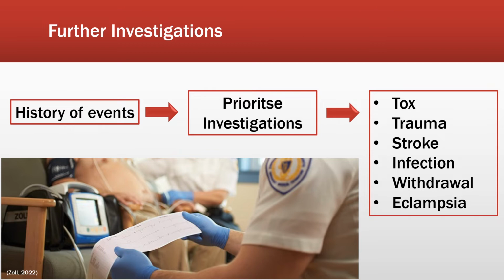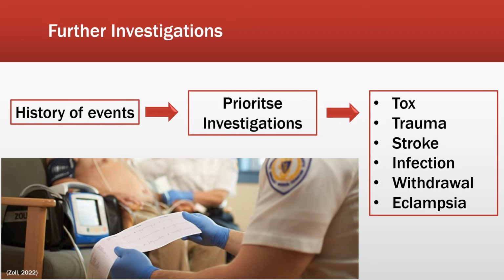It's very important to get a good history of the events immediately prior to the onset of seizure, because this will allow you to prioritize those investigations that you want to take next. A slow decline into unconsciousness prior to the onset of seizures might lead you towards a toxicological cause, in which case you might prioritize a 12 lead to look for signs of TCAs, for example. On the other hand, if the patient was witnessed to suddenly drop in the street, we might prioritize things such as assessment for TBI, stroke, or intracranial bleed.